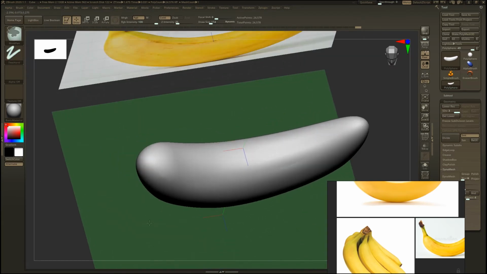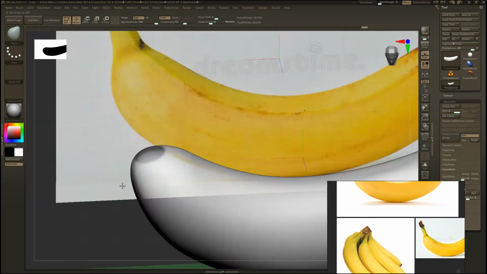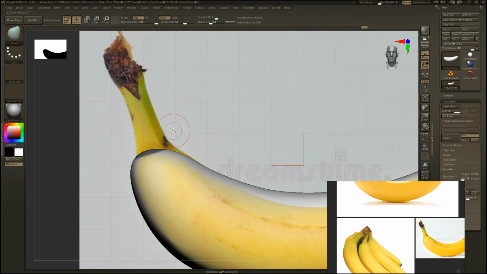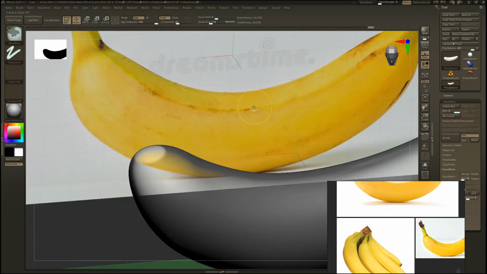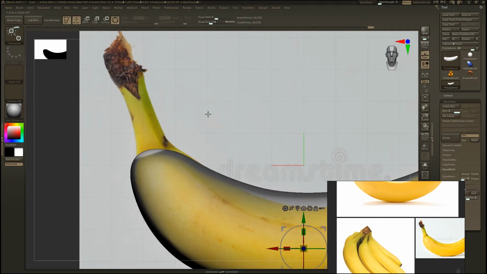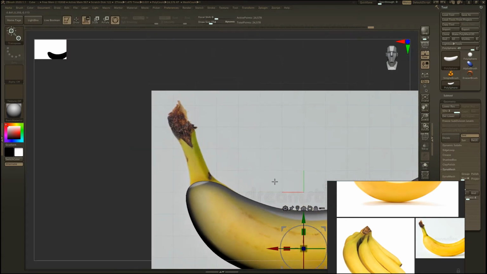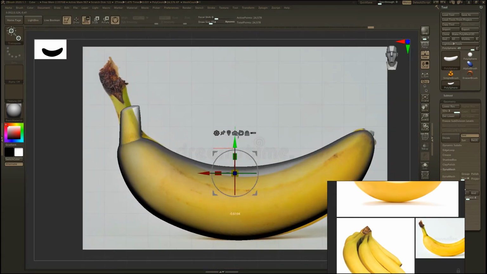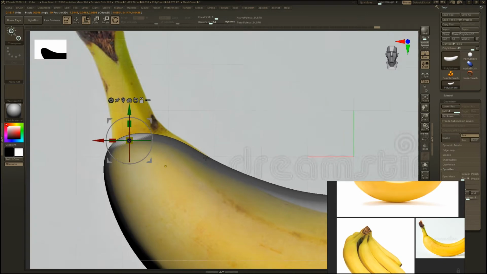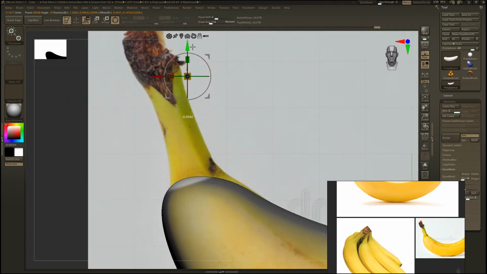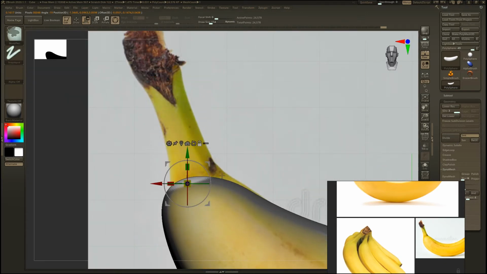Now masking the area with Control as I want to make a stem like our reference. Now inverse the mask by Control clicking outside the model. Then press W. But the problem is the pivot is here, but I want the pivot here. Click on this lock button to unlock the pivot and click on this button to center the pivot according to the selection. But now if you move, the model will not react because it is unlocked. So I lock it again and then move.